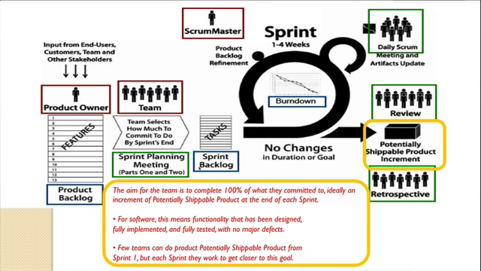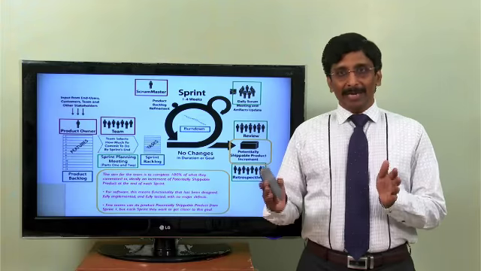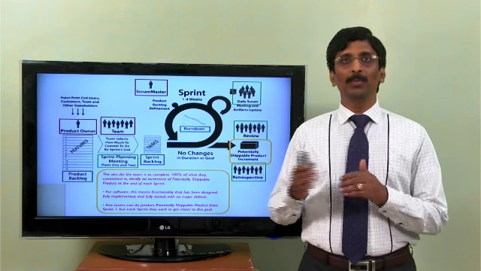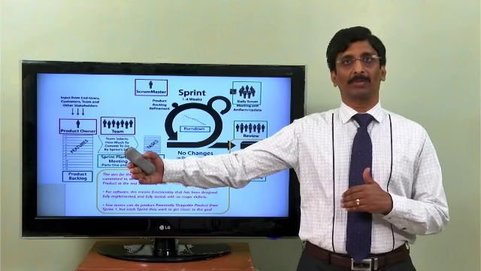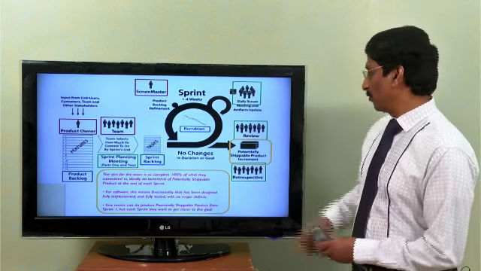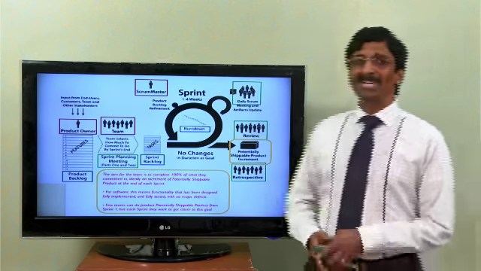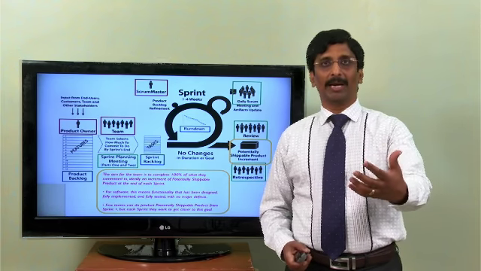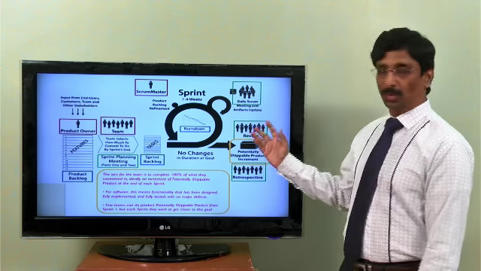The aim of the team is to complete 100% of what they have committed to, ideally as an increment, which should be potentially shippable for the product. The word potentially is very important. The final deliverable is a working software, and if required, you should be in a position to ship to the customer, and if required, customers should be in a position to even use the working software. So we need to not just give the software piece, it should be potentially shippable to the client if need be. So working software